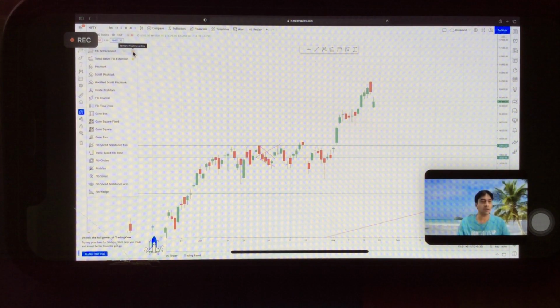So I have clicked them and made them favorite. So it's in yellow color. Actually it's situated here, but since I made them favorite, it came to the top. Okay, so it will be somewhere down for you. Okay, it can remain there only. Okay, so trend-based Fibonacci retracement and trend-based Fibonacci extension are the two tools which we will be using from this tool.